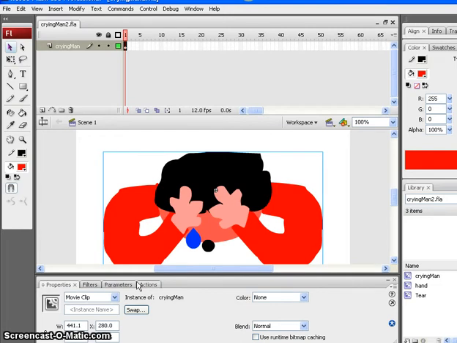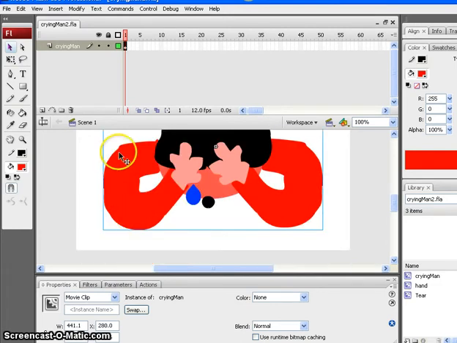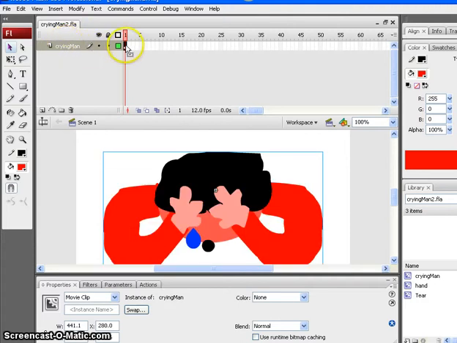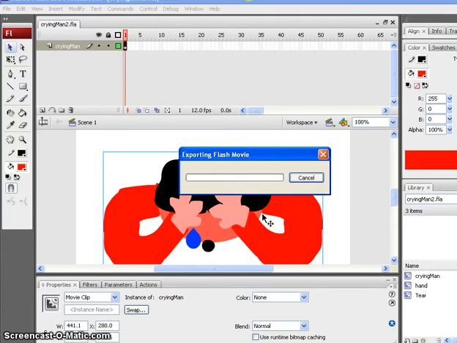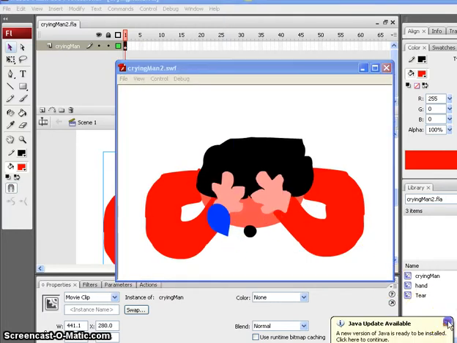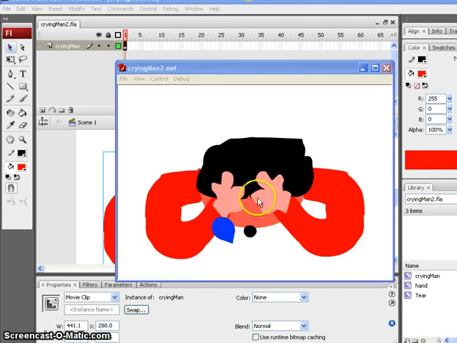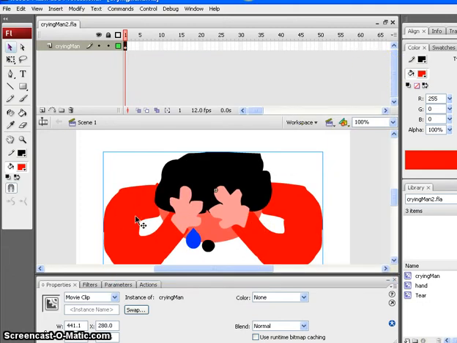In the last tutorial we looked at how to make a crying man, and in scene 1 I have one layer here called crying man, and it's only one frame long. This is crying man. So when I play the movie, Control Enter, this movie just loops. So that's what it is. He's just a crying man. It's a little bit boring. There's no sound. We can't hear him crying, so we'll look at how to incorporate sound into our animations later